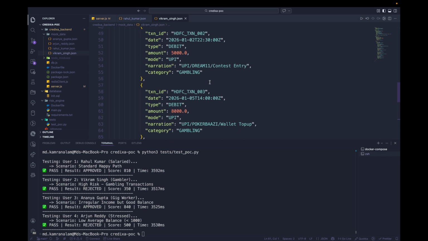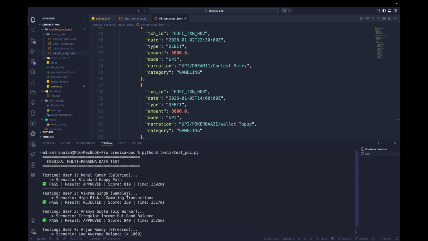Okay, you can see, so the result is rejected with a score of 350. The Python service successfully drilled down into the nested JSON, detected the gambling category flags, and applied a strict